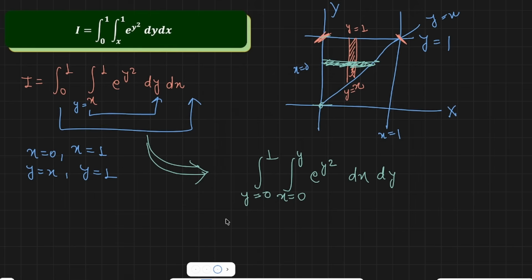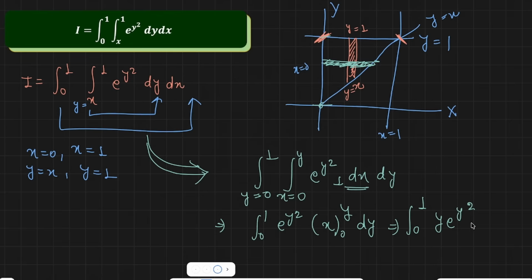Now if I solve this integral, then what will happen? This is 0 to 1, integration with respect to x. First you integrate with respect to x. When I integrate with respect to x, I will get x, because there is no x term, 1 is there, and this is 0 to y, and this is your y. Now when you solve this, this is 0 to 1, y e to the power y square dy. And now it is easy to solve. You take y square is equals to u,